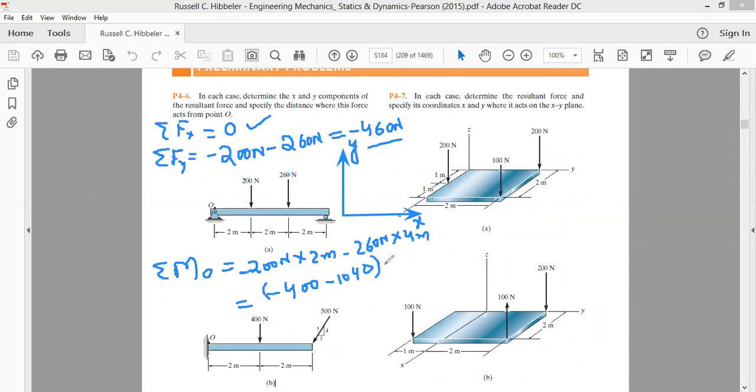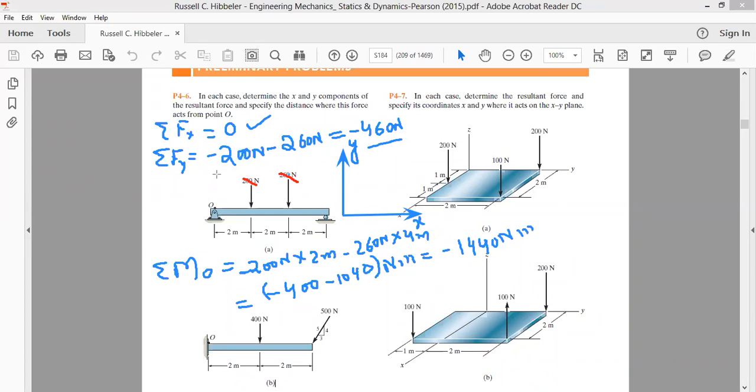That is totally equal. This is equal minus 1440 Newton meter. 1440 Newton meter is the total moment. Now it means we can replace these two forces. Don't show these two forces acting on the beam. We can replace these two forces by a single force at point O, and the force will be acting in